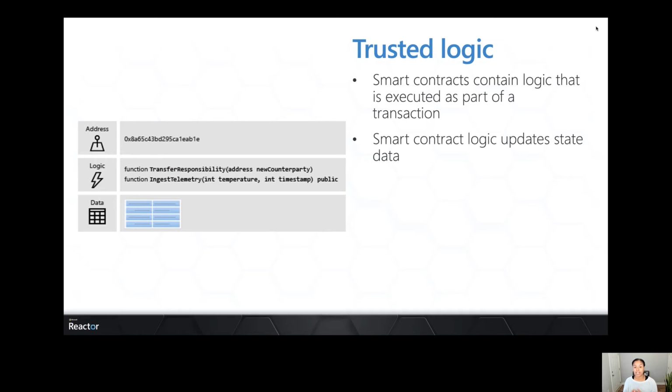When the responsibility of a product transfers to another party, a transaction is executed. Smart contract logic updates the state data. In our ice cream scenario, the ice cream factory shipping system creates a smart contract for a new ice cream shipment. The factory shipping system sends a transaction that calls the transfer responsibility function to transfer the responsibility of the shipment to Contoso eShipping. The blockchain network sends the transaction to all nodes, and the smart contract logic executes at each